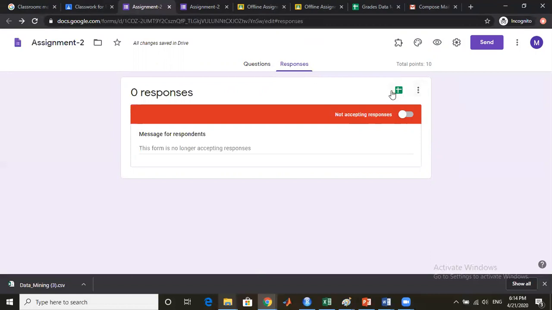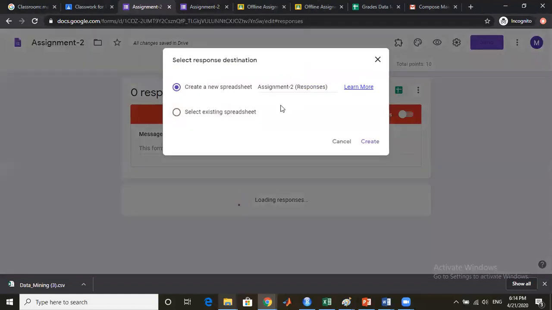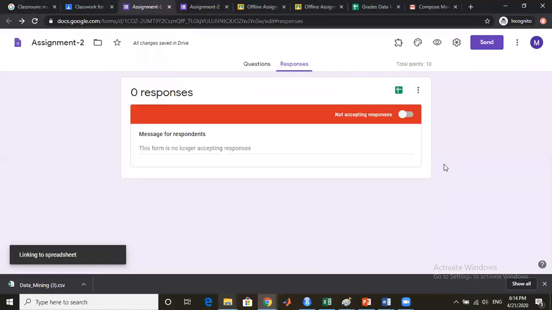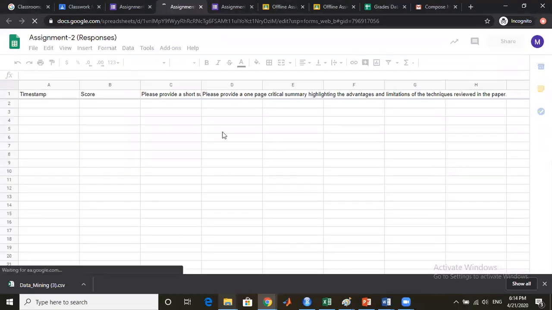Now on the responses, there is a symbol for the Excel sheet. Click on this and the responses will be collected and gathered in an Excel sheet, which will be automatically created as a Google Sheet. Click on the create button and a Google Sheet will be linked to this assignment.